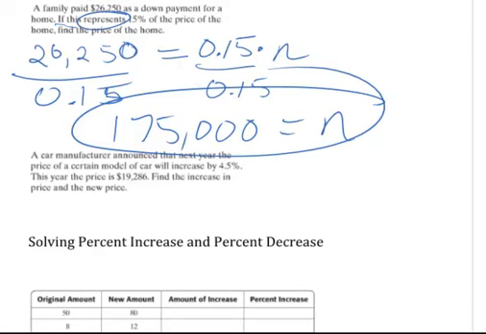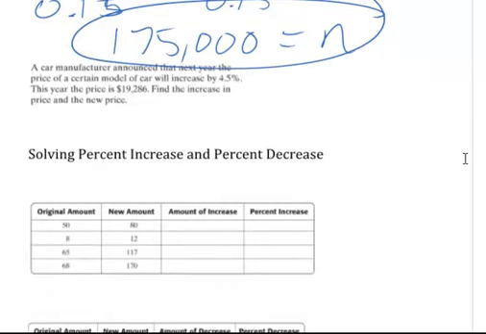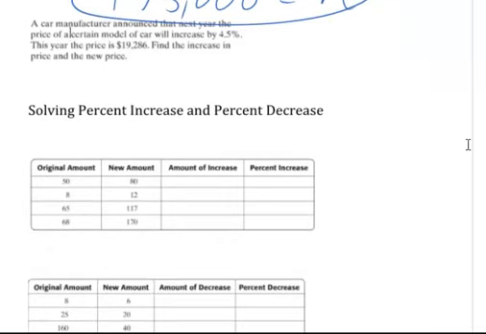All right. So the next problem I have here says, a car manufacturer announced that next year the price of a certain model of car will increase by 4.5%. This year the price is $19,286. Find the increase in price and the new price. Okay, so we're going to find the increase. So that means it's going to go up by 4.5%. So as a decimal, that's 0.045 times the price of the car, what it is now,